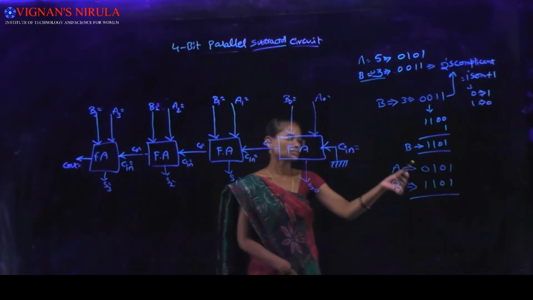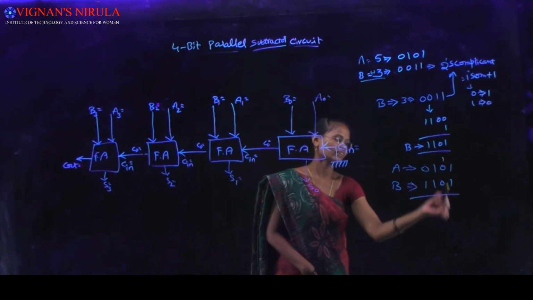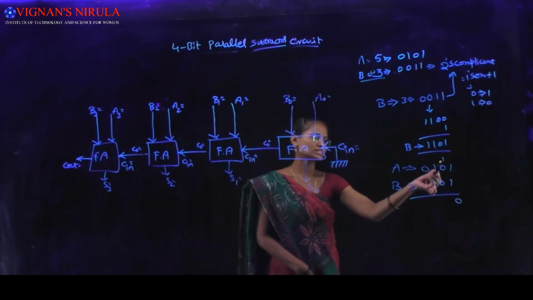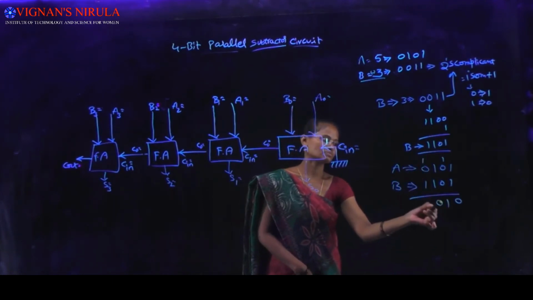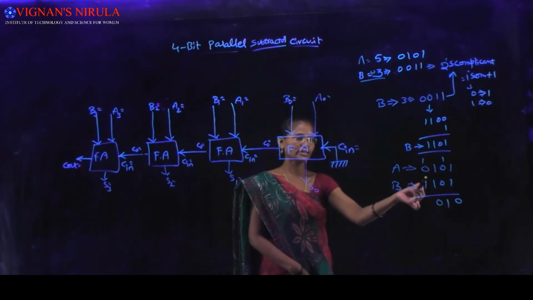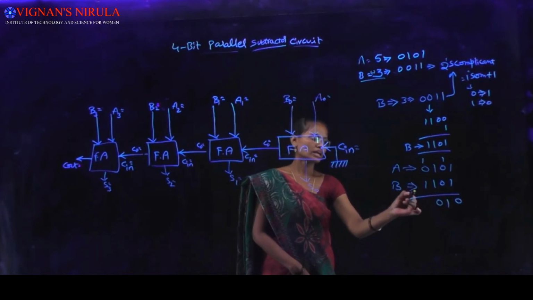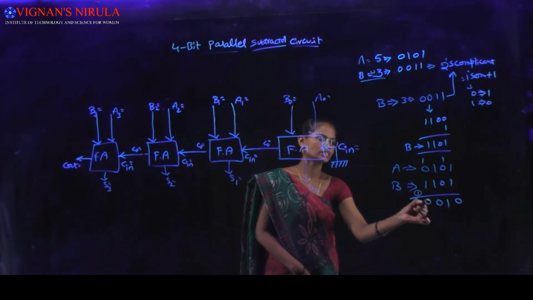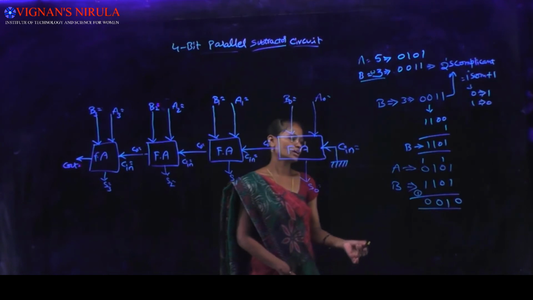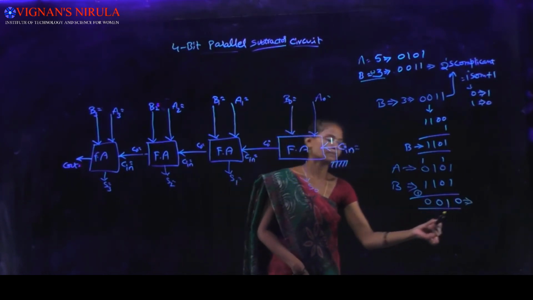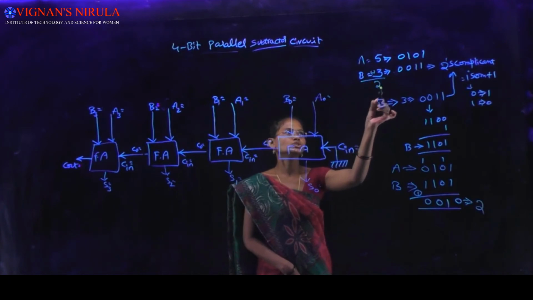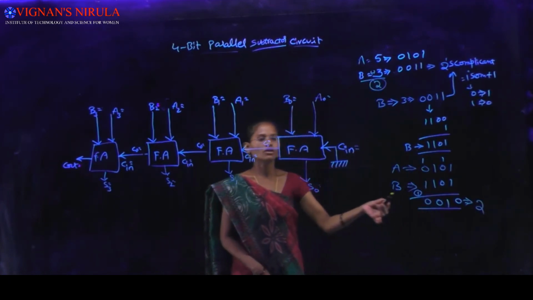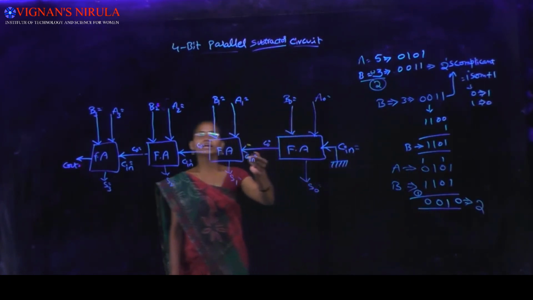Then add these two: 1 plus 1, carry 1, sum 0; next 1 plus 0, 1; 1 plus 1, carry 1, sum 0; 1 plus 0, 1; 1 plus 1, carry 1, sum 0. Okay, this decimal number is 2. Normally 5 minus 3 is 2. Is it clear? Okay, next we operate the